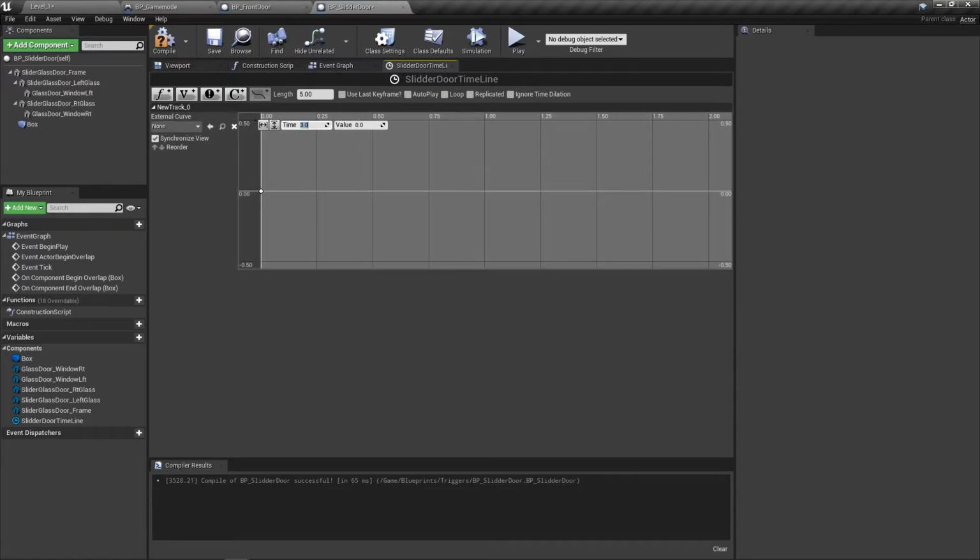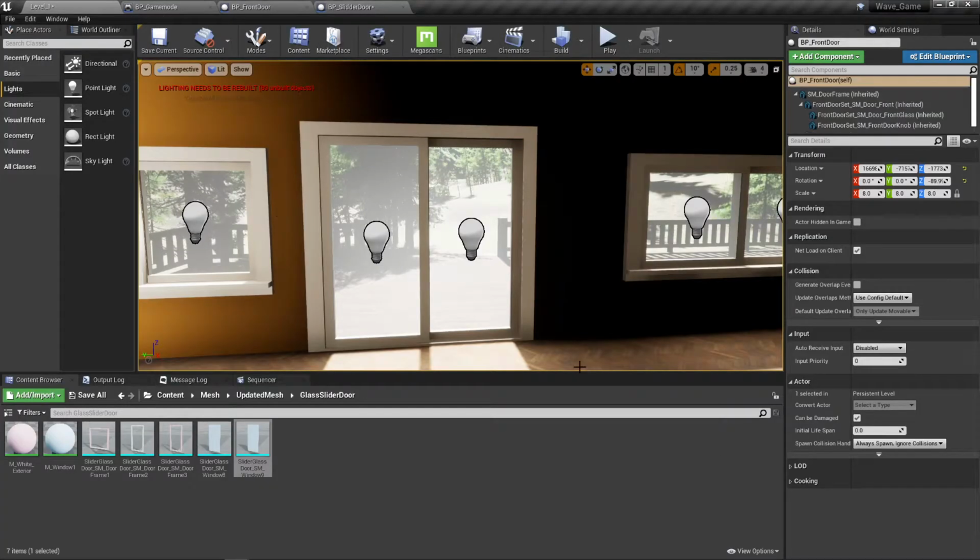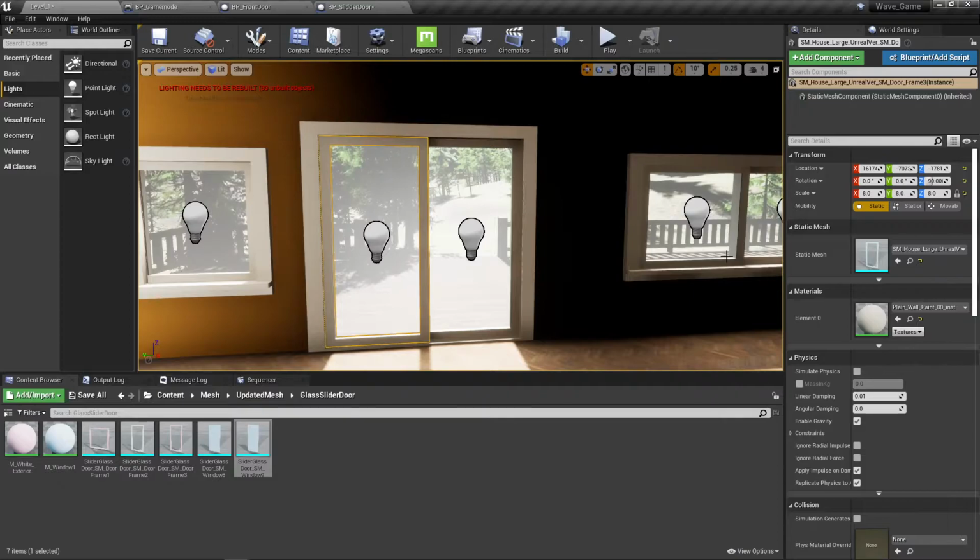Now the difference here is because we're not actually going to rotate, we are setting this up to slide open. Okay, so 90 is going to be really far on the translation. So this is something you may have to play around with a little bit to come up with the right distance. Another possibility is if we take a look here and I select this door right here, this is the equivalent door that's going to move,